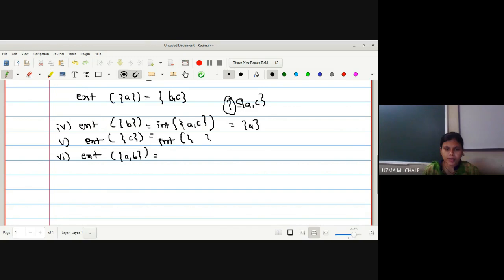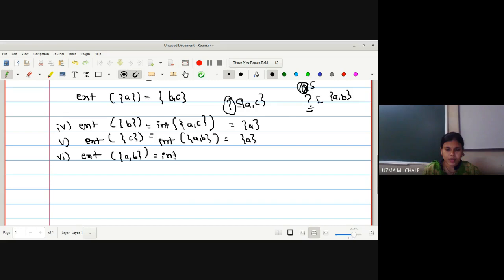What is the complement of C? It is A comma B. Okay, so what is the largest open set contained in AB? That means we have to find out this set. So again here we are getting the same open set. Singleton A is the largest open set contained in AB. We cannot say X is contained in AB. X is an open set but it is not contained in AB.